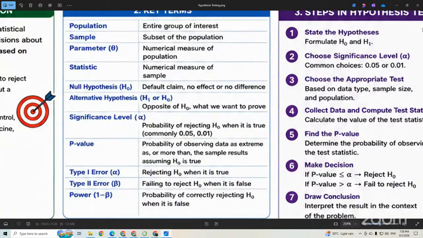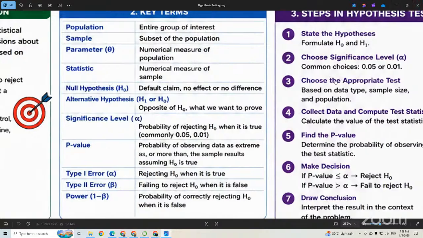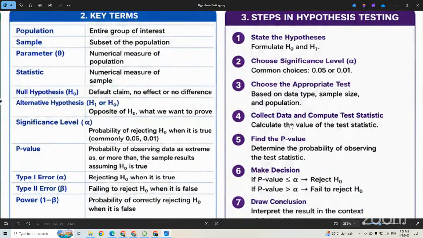So this is the real scenario, how we can apply all this and how you can test. These steps are very, very important for you. First we state the hypotheses H0 and H1 and clearly define the meaning of H0 and H1. For the null hypothesis we use H0, and for the alternative hypothesis we use H1. Then we have to choose the value of alpha, and most commonly in all types of tests we use 0.05. So when we apply the technique, the value will be 0.05.